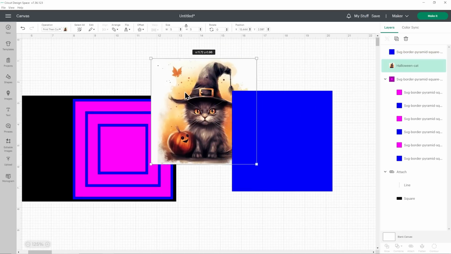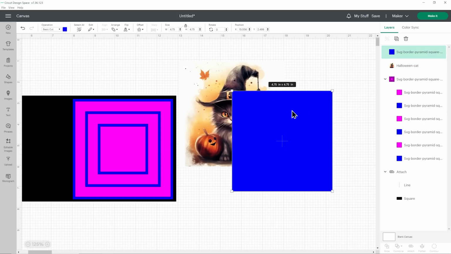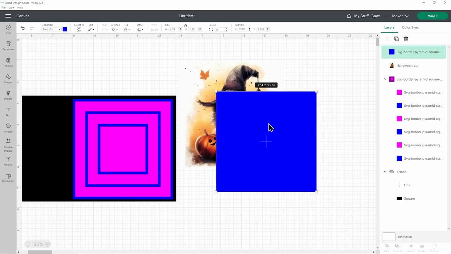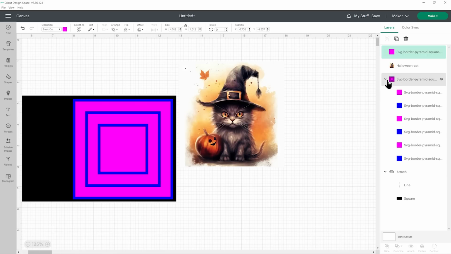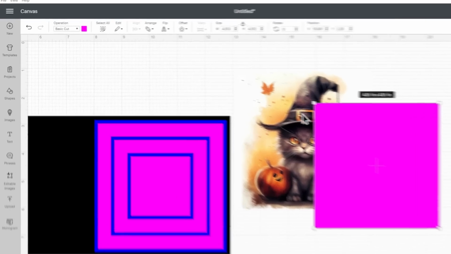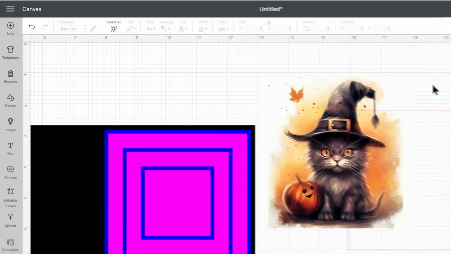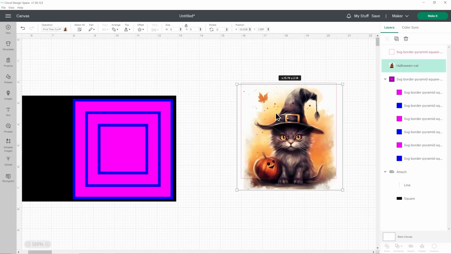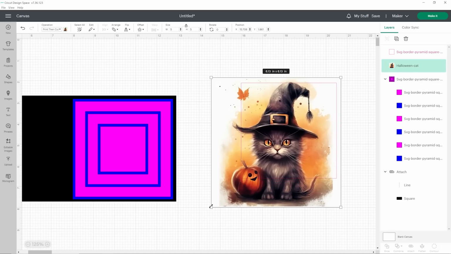Anyway, so yeah, you could just resize this straight to 4.75, but there's quite a lot of white along the edge, so I think I'd like to crop that off. This is the same size as, oh, that was the wrong layer to duplicate actually. Let's delete that one. What I actually want is the pink one, the magenta one. Duplicate that. Move it over. And then change it to a guide in the operations drop down. And that means it's now just that little pink line. So I can position my print and cut image underneath and then resize it to how I want it to appear.